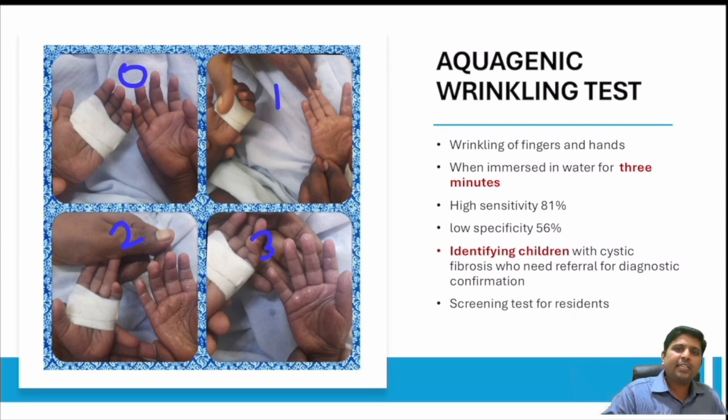In children with cystic fibrosis, exaggerated wrinkling of the hand that is immersed in water will be seen within 3 minutes. It has got very high sensitivity, but specificity is poor because it can also occur in other conditions. But to me, my dear residents, it is the very best initial screening test whenever you suspect a case of cystic fibrosis. Please try to do this aquagenic wrinkling test on a day-to-day basis. Right? Then